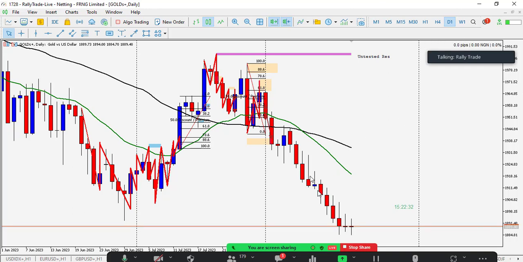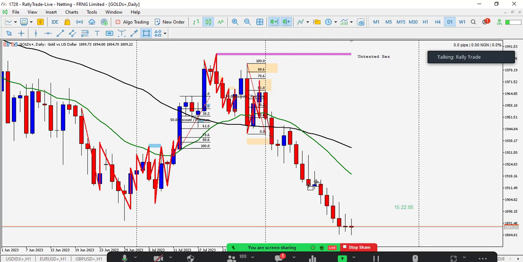If you look at this candlestick here, this is a rejection for the buys. This means the price was rejected towards the upside. So it's an inverted hammer, what we call a bearish pin bar. It's a bearish pin bar because it signals the bears are massively coming into the market.